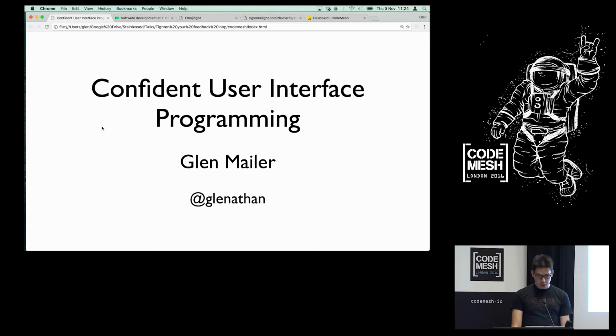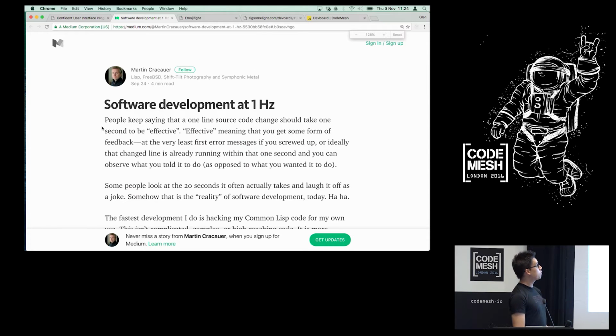And helpfully, somebody wrote a think piece on Medium recently, which summarized some of my thoughts, so I can just say, hey, what this person said. So hopefully some of you might have seen this. It did the rounds a few weeks ago. So, software development at 1 hertz. And the general theme of this article is about getting a feedback cycle that is approximately 1 second long, or